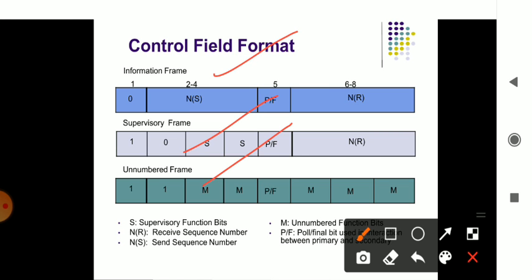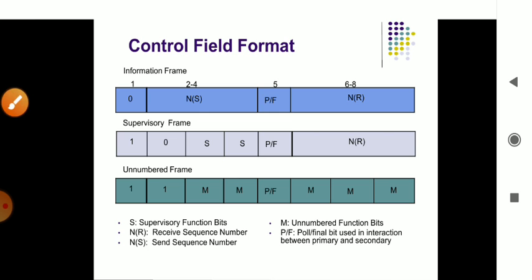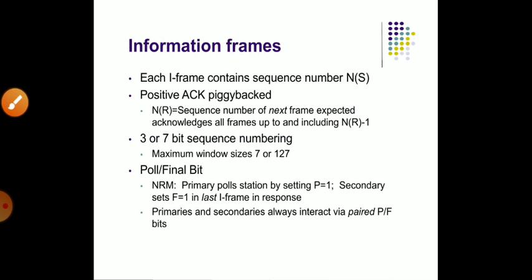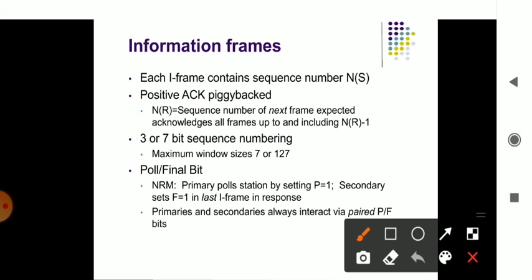Okay, when functions are there, one of the frames is said to be pending in working. Pending means it has still not been executed. At that time, if the working is being processed, that is your unnumbered frame. And you have the poll/final bit, which is used mainly for interaction between one frame and another, nothing but communication between the primary device and the secondary device. And the information frames, as I said, use the concept of NR, nothing but the sequence number, when sending the information from one end to another end.